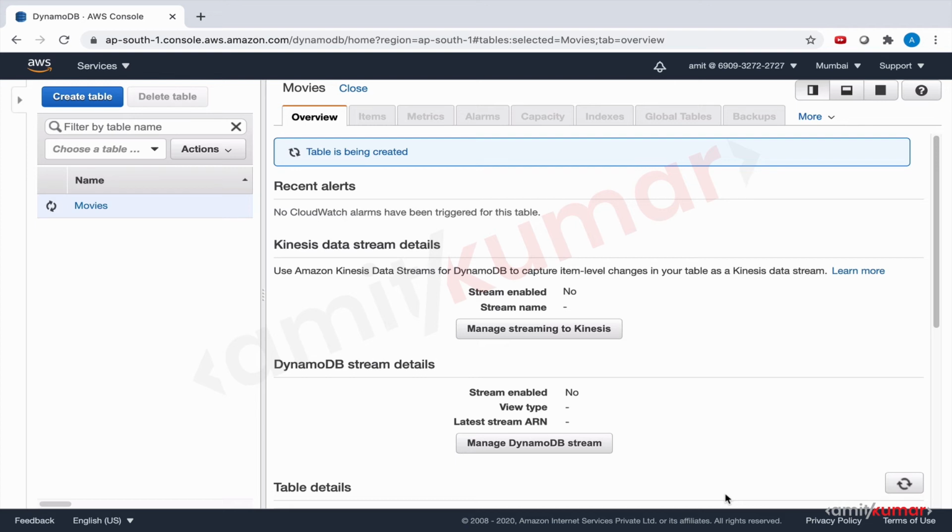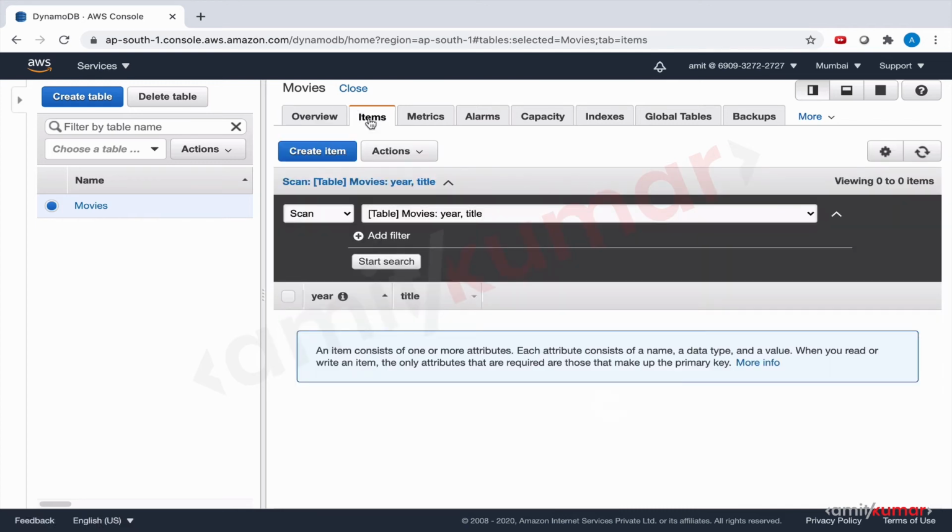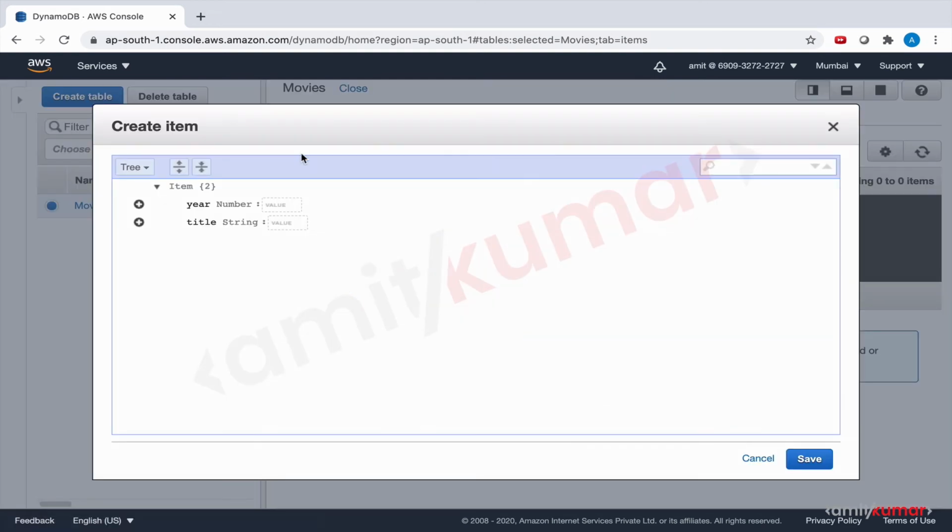Great. As soon as the table is created, we will create our first item. Remember, we have a primary key as well as a sort key, so we need to provide the partition key as well as the sort key. These two have to be there. Create item. You see, these two are there. So if we create an item only with these two pieces of information, we are good. So year number, let's say